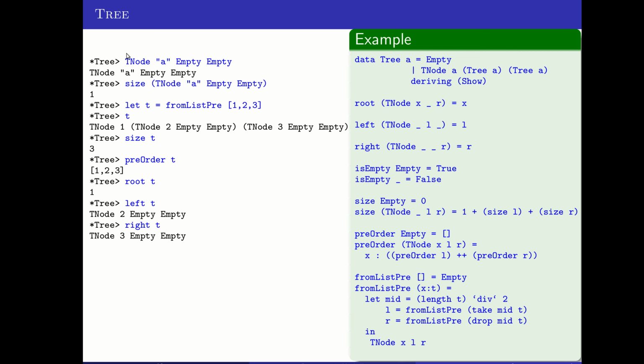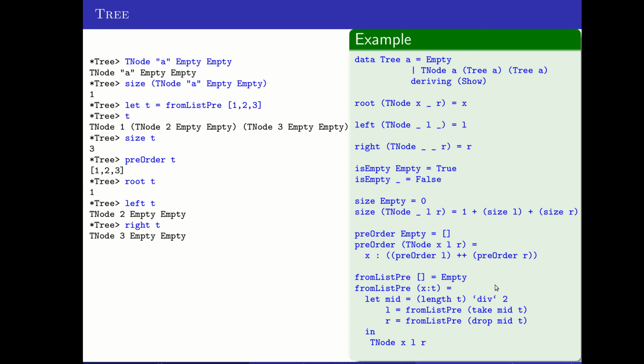And so for my singleton tree here, that would get called once. It would construct x, and then it would end up combining x with the empty list merged with the empty list. So it would be x combined with the empty list, and we would just have that 1 inside of a list. I've done the opposite direction, getting from a list into a tree. Well, give me an empty list, and I'll give you an empty tree. That's simple. If it's a list that has a head and a tail, then I will get the middle value of that so that I can pull out what should be the left subtree and the right subtree